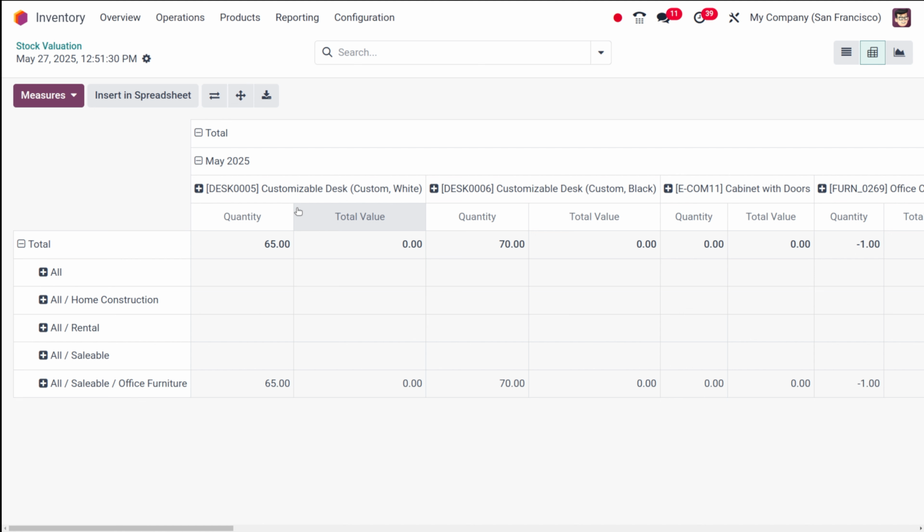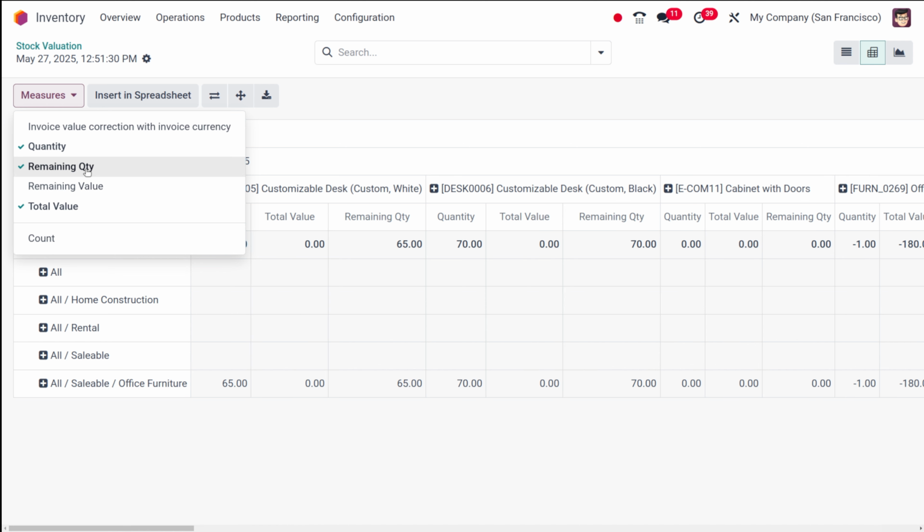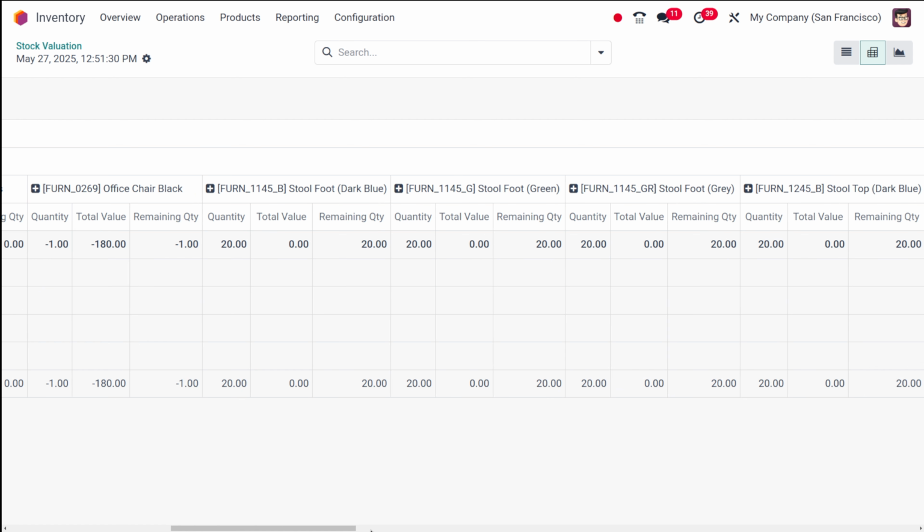So this is the insight. This is actually giving you a quick insight into your aged inventory. So finally, I have one more thing to add. Here you can see product based quantity and total value. If you go to measure, you can also see the remaining quantity, the remaining value and all. You can add it based on your need. That's the speciality of this thing.